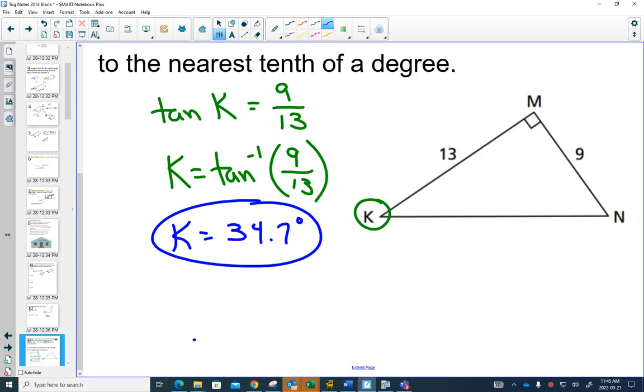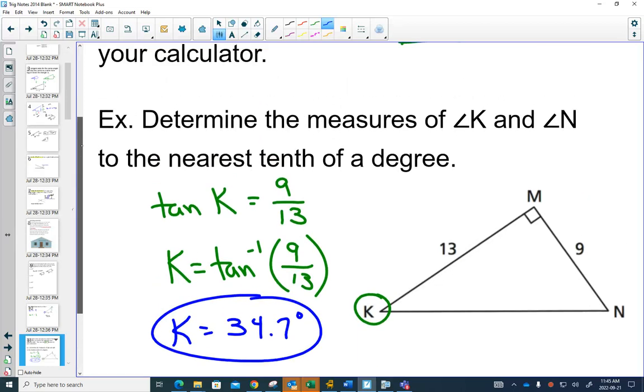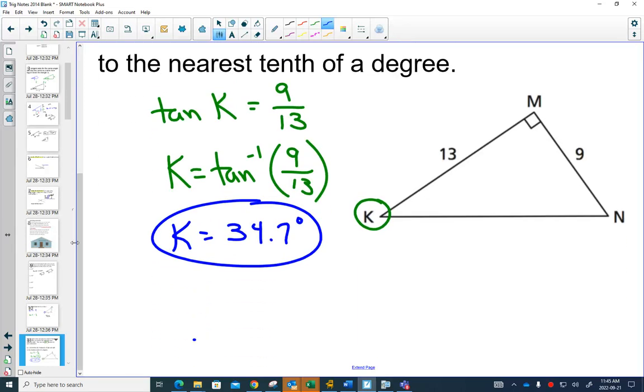But the guessing, you guys got there fairly quick, didn't you? Yeah, it wasn't too bad. You noticed when it was going up and when it was going down. So if I want to now find angle N, I figured out that angle K was 34.7 degrees. And I want to find angle N. I could use the tan ratio again, or